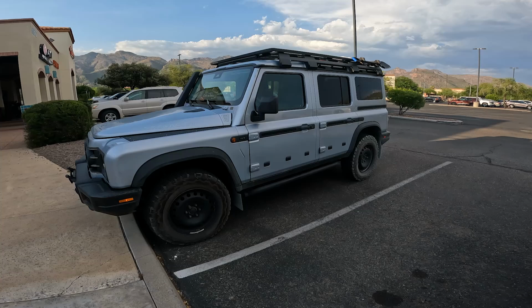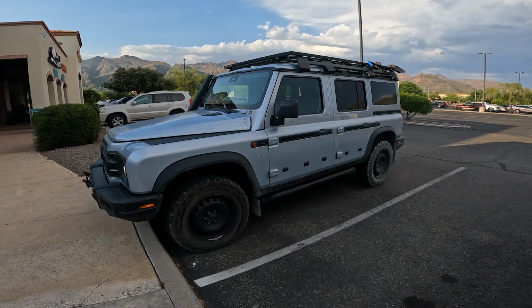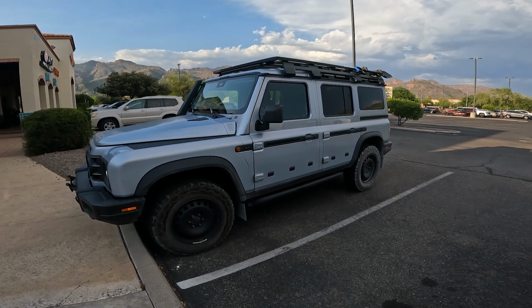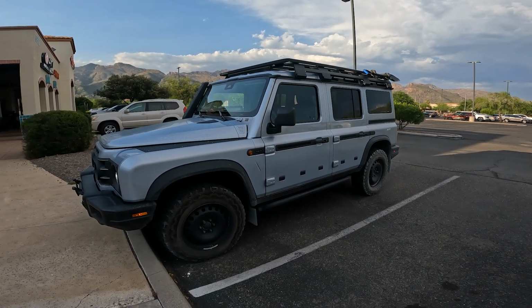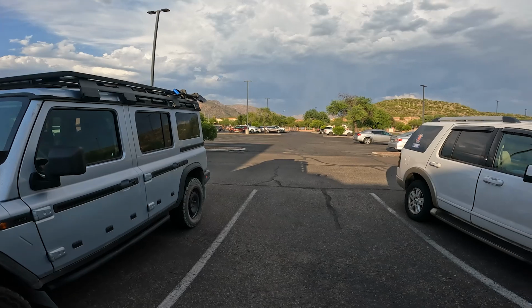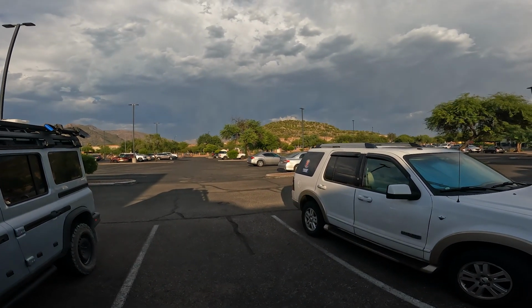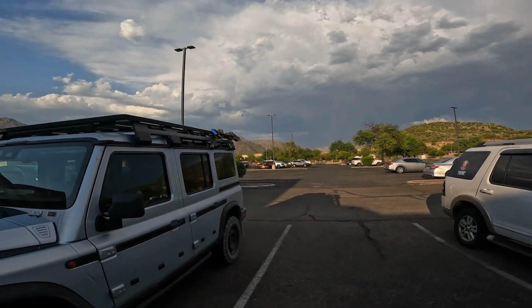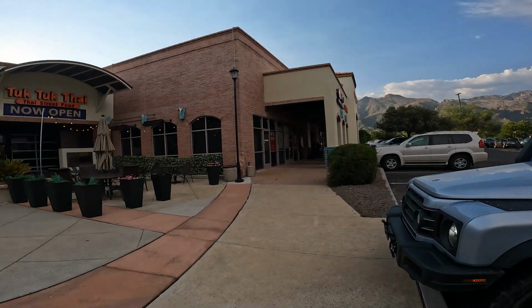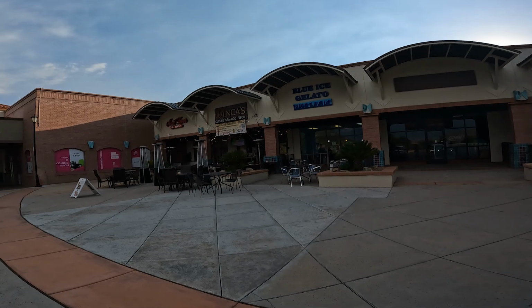Well, I've said this several times about Diners, Drive-Ins, and Dives, but I've been really surprised at how many of them are in strip centers. So I'm in a strip center, and you guys probably can't see it over there, but there's saguaro cactus on top of that little hill or mountain over there. Anyway, I am going to Inca's